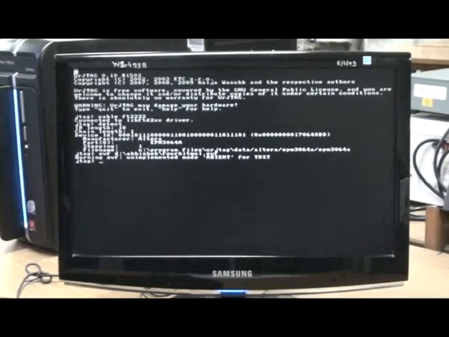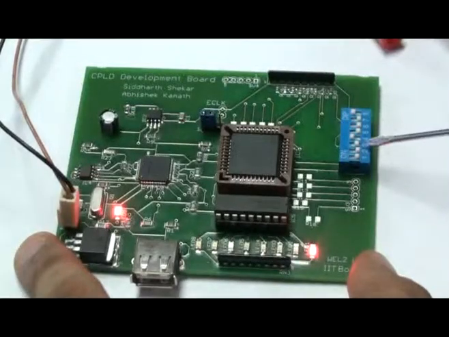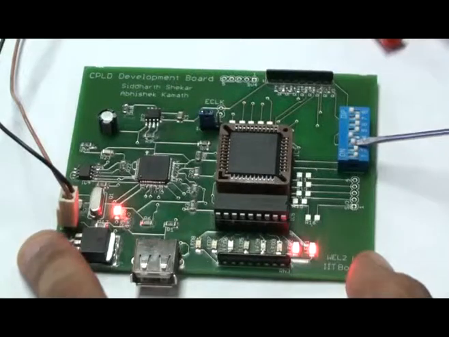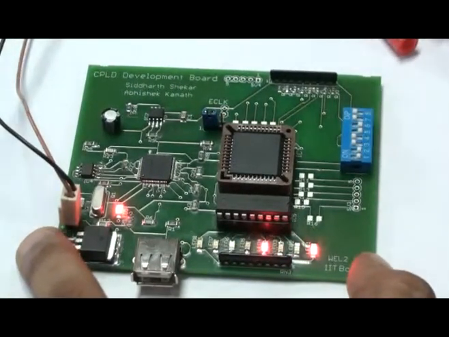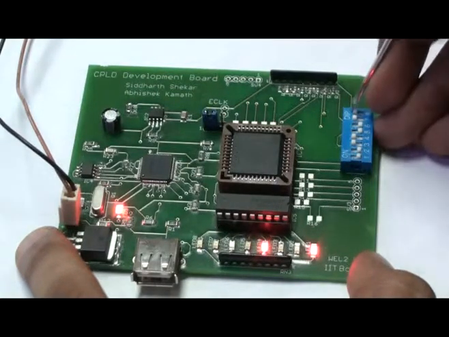That's it. We are now ready. As you can see from the previous videos, a 4-bit counter was being implemented on the board, and now we have programmed it to work as a 4-bit multiplier. As you can see, the device has been configured to act as a 4-bit multiplier, and the output changes whenever you change the input.